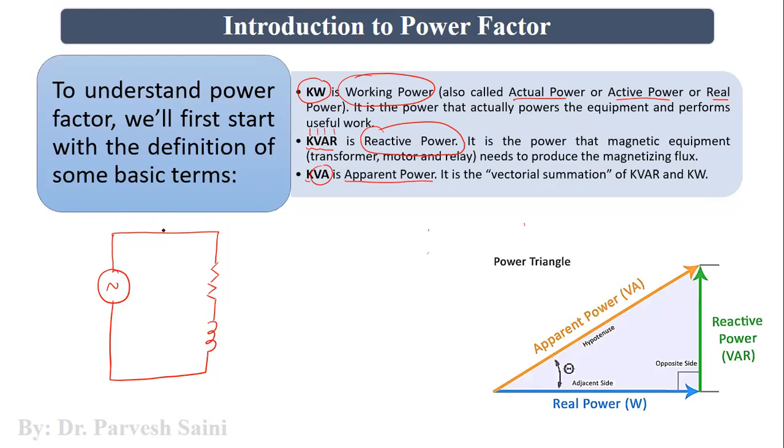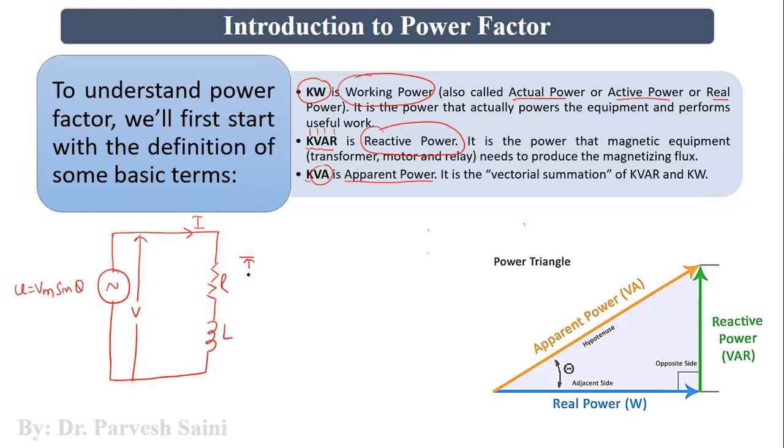So this is a series RL circuit. Now, if capital V is the RMS value of the input voltage, V equals Vm sine theta, and I is the RMS value of the current flowing through this particular circuit,